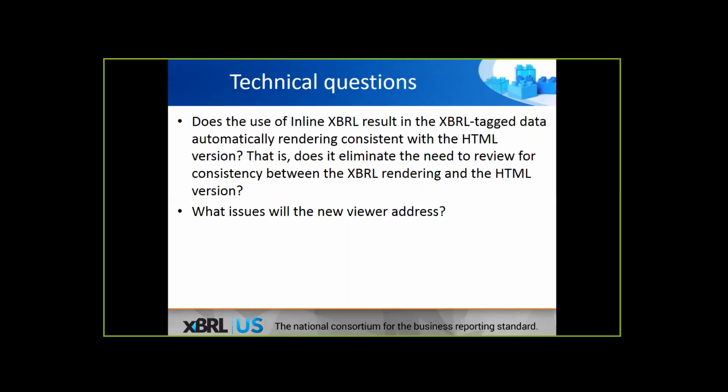Okay, so just on questions on this before we do have a look at the viewer, there were some issues with the original viewer, and I know you guys are addressing them. So what are some of the new features that are going to be in the new viewer that you're working on?